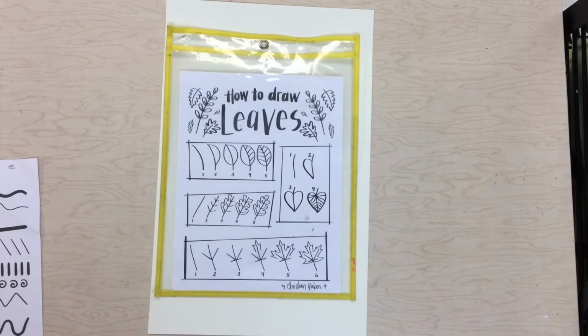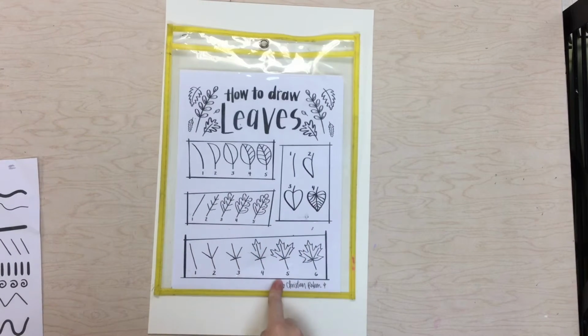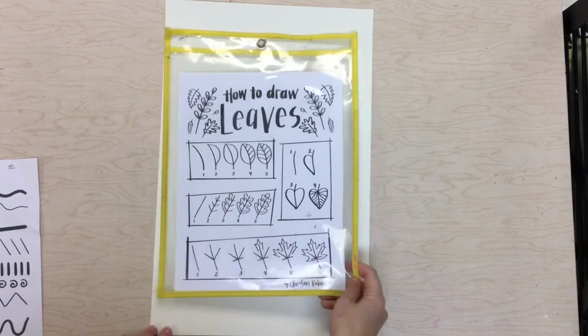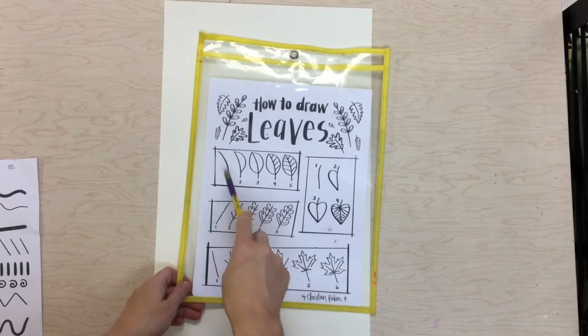Last week, you practiced drawing these different leaves in your journal. Today, we are going to be drawing this nice, easy leaf on a big piece of paper. So we are going to draw nice and big. So we're going to start with a